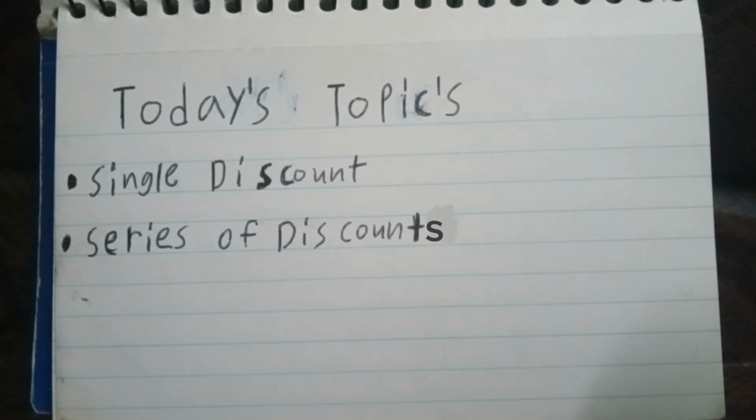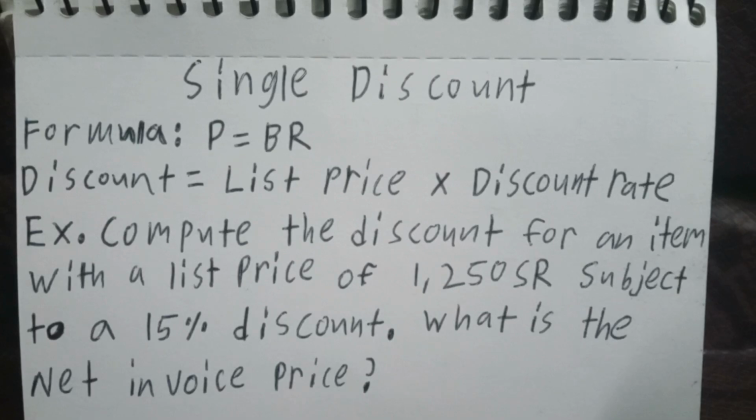For today's topics, we have single discount and series of discounts. So let's start first with single discount. Let's take a look at our formula first. P equals BR, which stands for percentage equals base times rate, which we have discount equals list price times discount